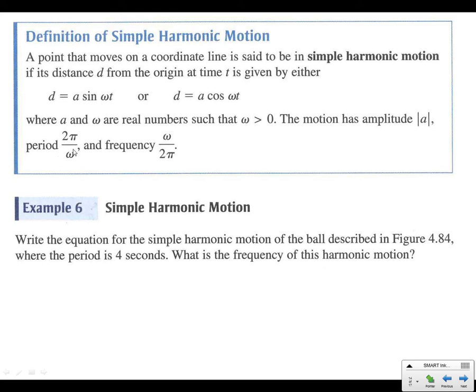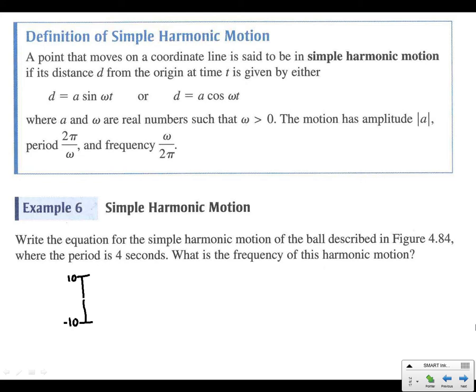Only on this one we're going to use the w. Does anybody remember the w? Okay. If you said omega, good job. So we're going to use omega there. And frequency is the reciprocal of period, so omega over 2 pi. All right. So for that drawing that we had a second ago, where it went up and down 10,